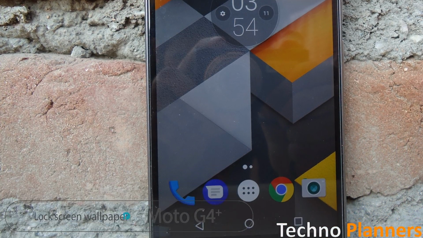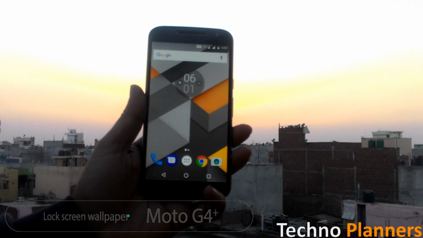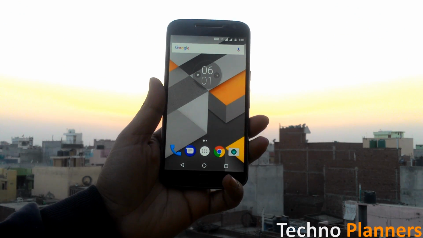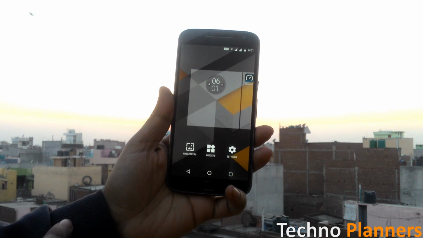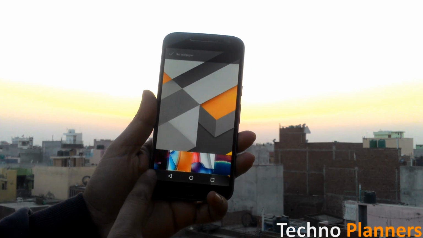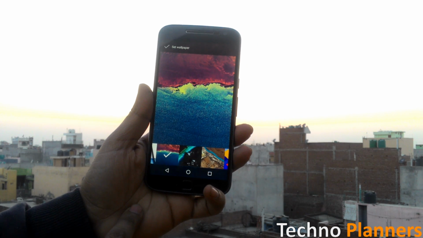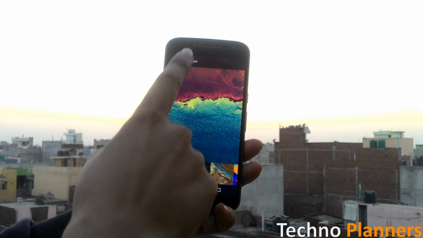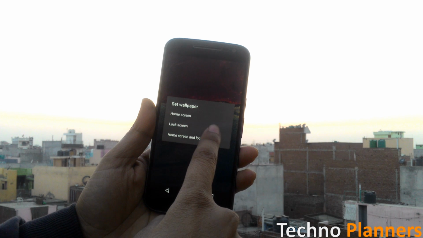You can now have different wallpapers on your phone's home screen and lock screen. To set the wallpaper, long press on the empty space on your home screen, then tap on wallpaper. Once you have selected an image, tap Set Wallpaper. At the top of the screen, you will be prompted to set the selected wallpaper for the home screen, lock screen or both.